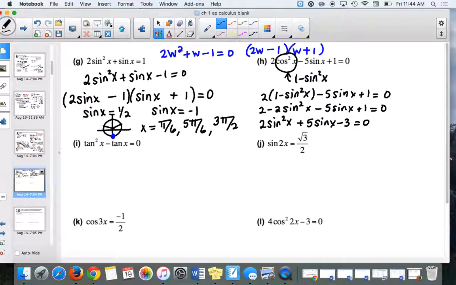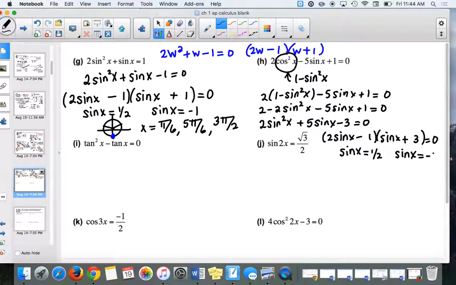And then I factor. So when I factor, I need 2 sine of x times sine of x, and then I write cosine. And then I know my signs have to be opposite each other, and I need a positive 5. So I'm going to put a 3 on the end and a 1 on the inside. I need the positive 6 and a negative 1 to combine to be positive 5. So when I do that, I have two equations. So I'm going to have sine of x is equal to 1/2, and I have sine of x is